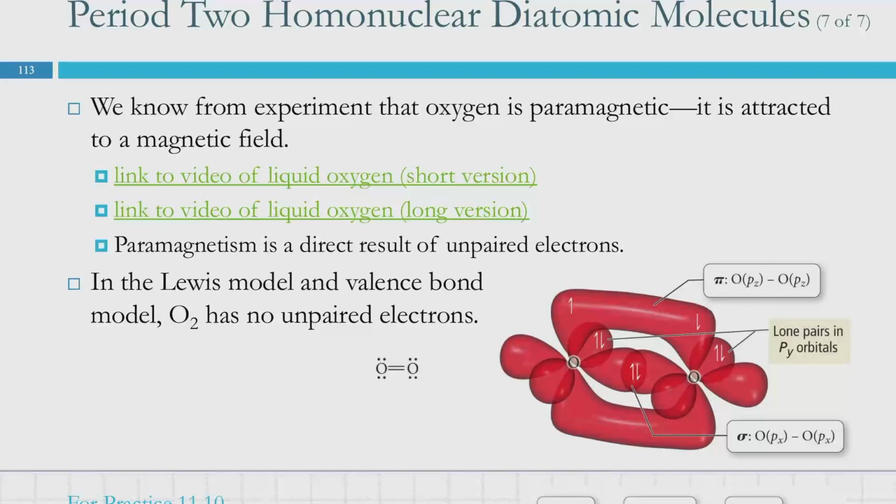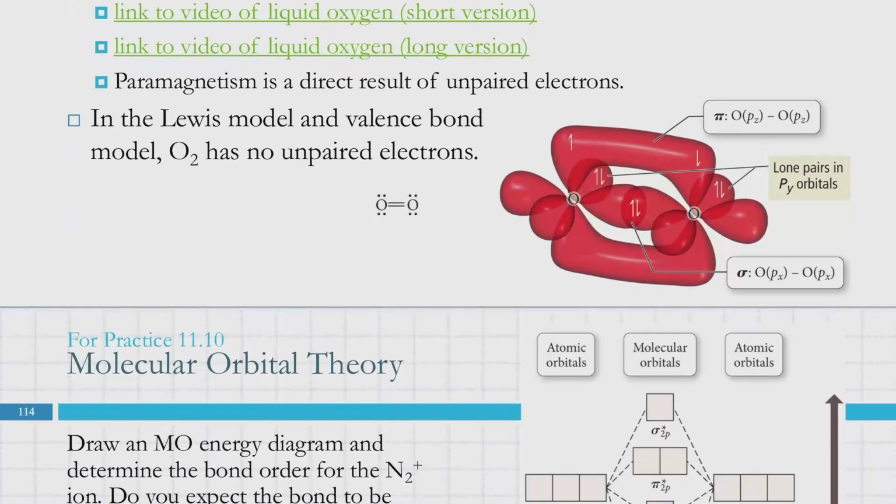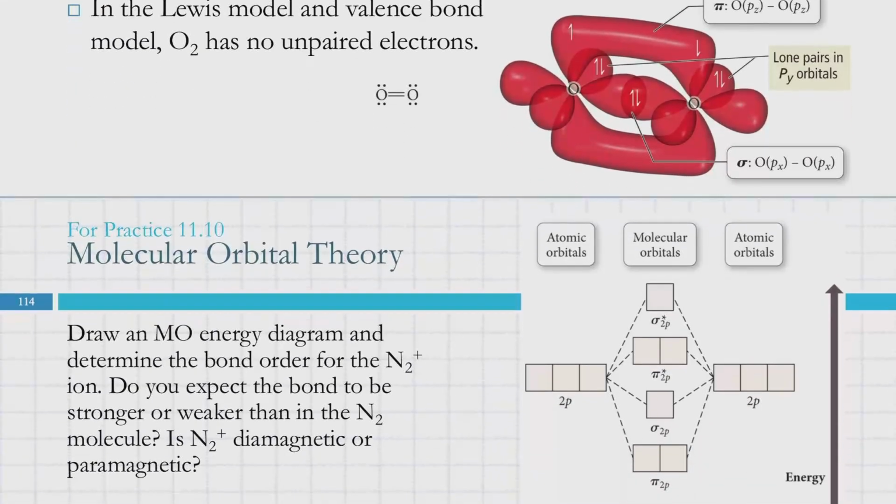We can also bring paramagnetic and diamagnetic into this. So we know from experiment that oxygen's paramagnetic. There's some links here to them showing liquid oxygen suspended between 2 magnets. If it's paramagnetic, then it's attracted to a magnetic field. And that's the result of unpaired electrons. So we can also predict paramagnetic and diamagnetic